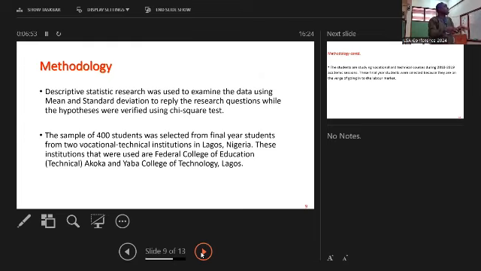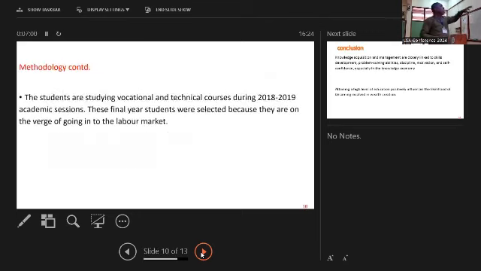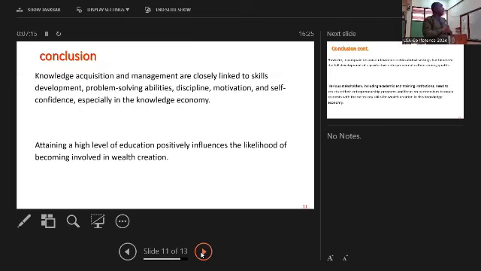The institutions used are Federal College of Education Technical, FCET, and Yaba College of Technology, Lagos. The students are studying vocational and technical courses during the 2018-2019 academic session. These final year students were selected because they are already at the verge of going into the labor market.